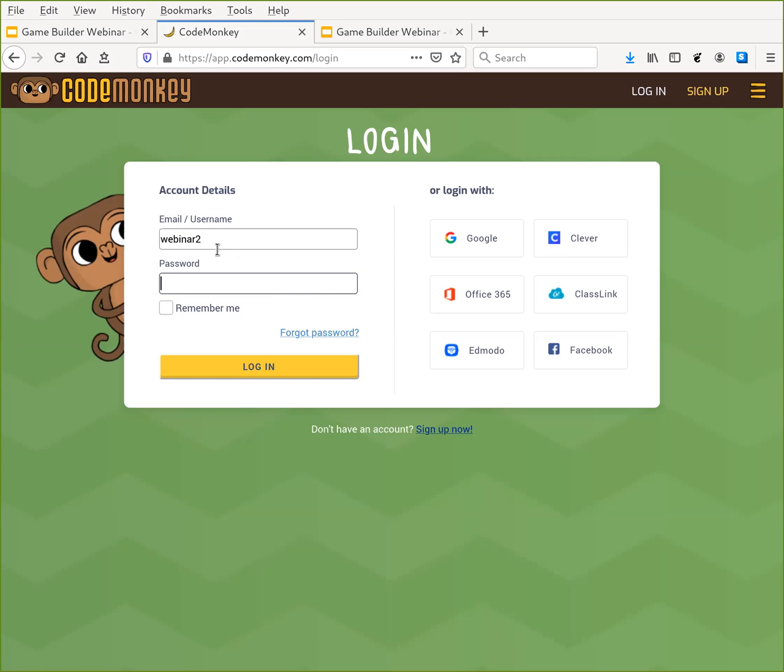Actually, I apologize. It is Zoom 42. I'm sorry. You told me that, and I forgot to correct that. That's all right. So I'm putting Zoom 42 in there for you guys. Again, both username and password. And you can go ahead and click login.